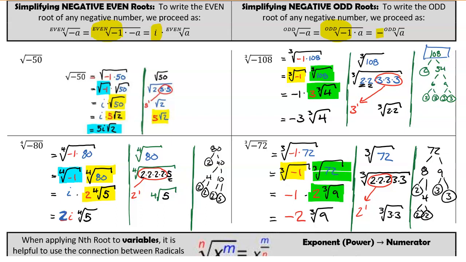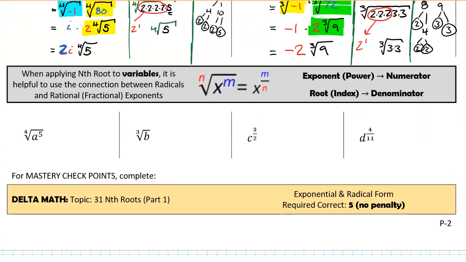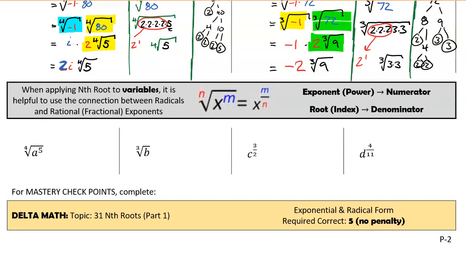Okay, now applying this to just numbers is what we've done up to this point in time. Let's go ahead and see if we can apply this to variables. Now, when we apply it to variables, it's often helpful to think about the connection between radicals, which we've been dealing with, and fractional exponents, or what they're called as rational exponents. So the way we can interpret a radical with an index of n, and anything that has any exponent underneath the radical, let's say with exponent of m, we can interpret this as the fractional exponent m over n,